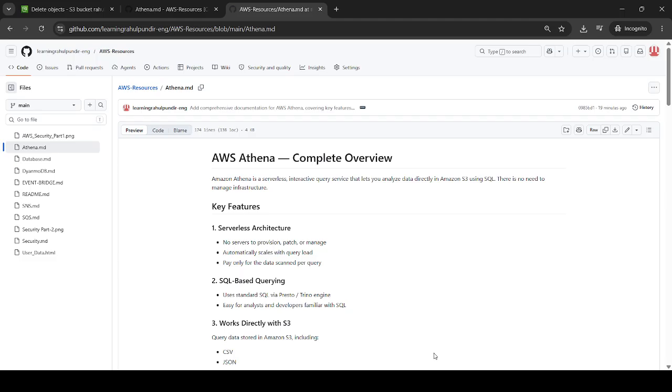So what is AWS Athena? AWS Athena is serverless, right? You know serverless, where you do not need to maintain the server. So AWS Athena is a serverless interactive query service that lets you analyze data directly in Amazon S3 using SQL. There is no need to manage infrastructure. In simple words, if you want to query S3 data using SQL queries,